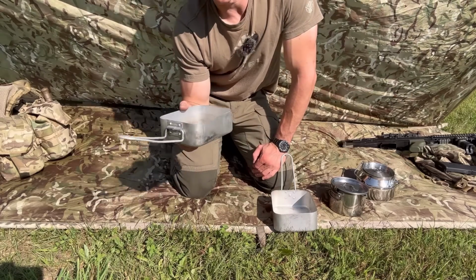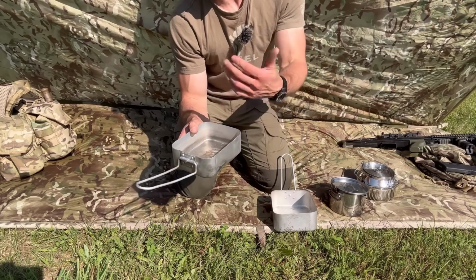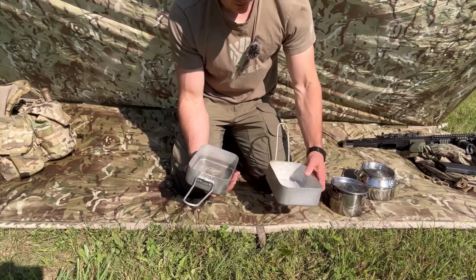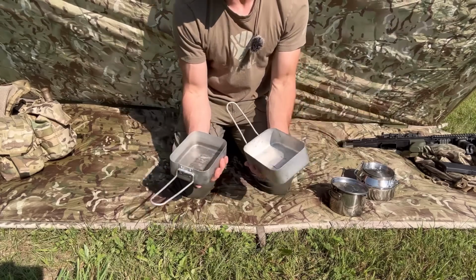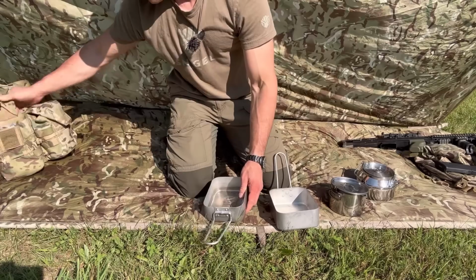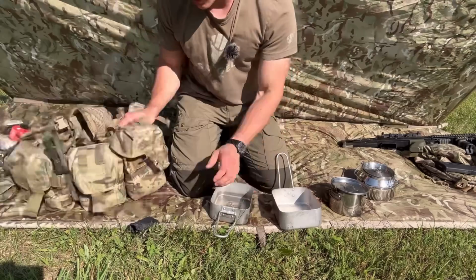What's really nice is what I like to do after I cook a meal, I've got the boiling water, and that's perfect for, again, hygiene or having a brew right then and there. Overall, I think the British Army mess tins are a crucial piece of equipment for the field, and I highly recommend them. Another reason why I love them is if we grab my webbing over here,